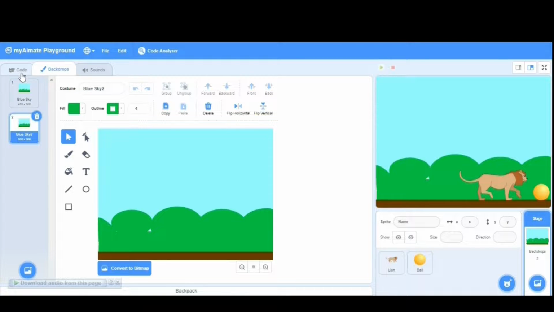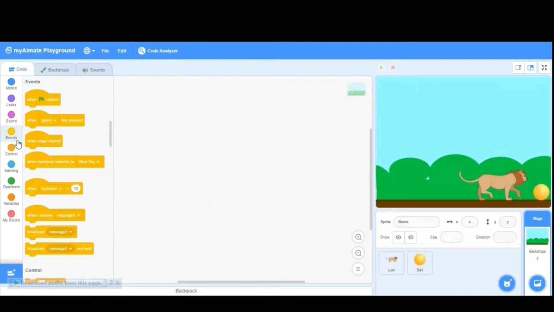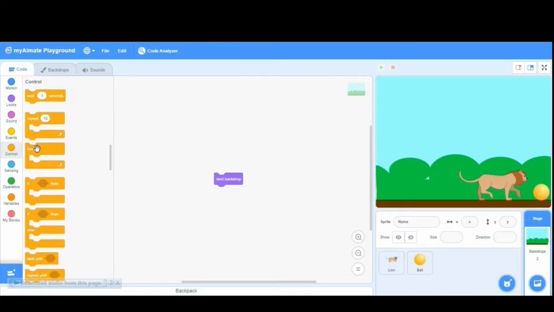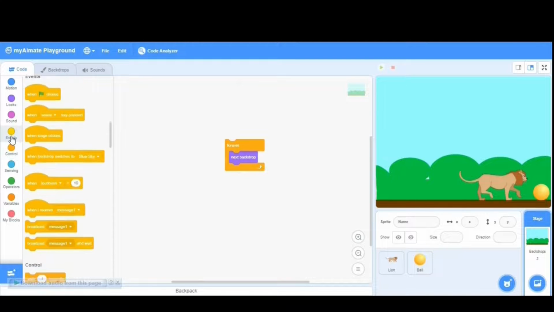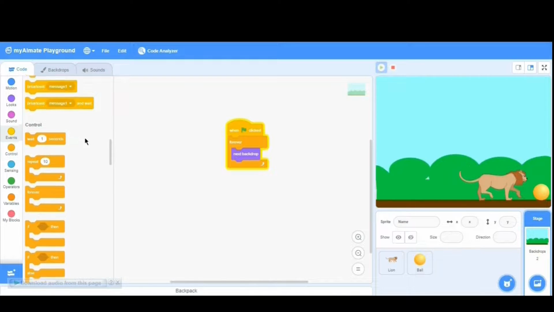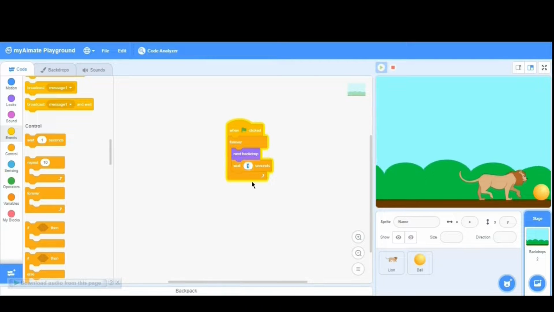Now, to implement this forever, we have to keep switching between the backdrops forever. For that purpose, I have to select a trigger event also, which is this one. But the backdrop is switching continuously, and if this process is so fast, I will use one delay statement or wait statement, which will delay the process for, let's say, 0.1 second.